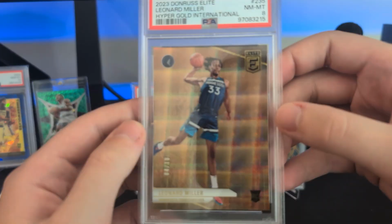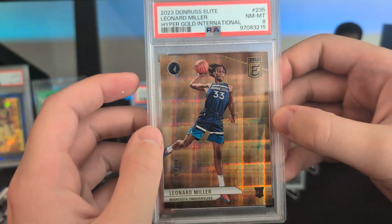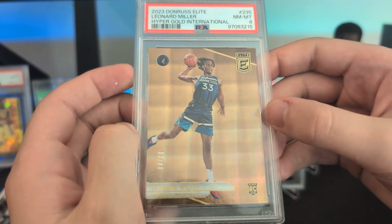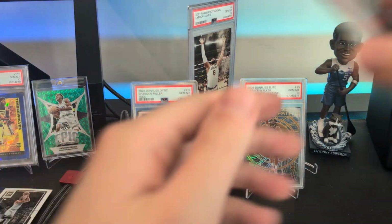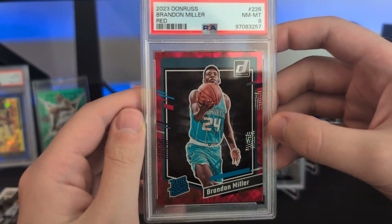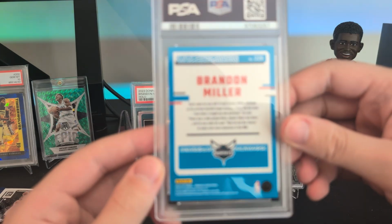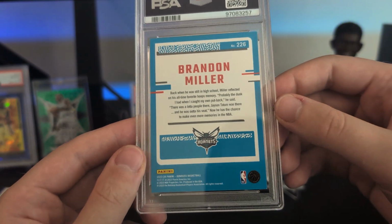Here we got a PC card. This is a Leonard Miller to 10. And you could really see on some of these gold cards here what I'm talking about. Some of the foil doesn't quite get in there, but in certain angles, it's hard to see. We got an 8 on that one. Let's see, we got a Brandon Miller red Donruss, also an 8. Let's check the back. I mean, the centering on a lot of these cards looks pretty good, and that's the easiest thing for me to see. Obviously, we got a bad corner on that one, but